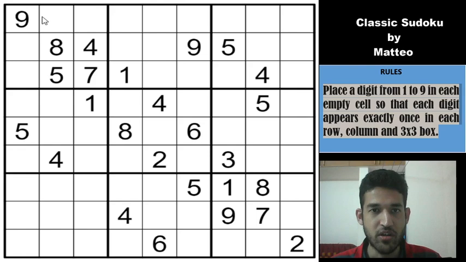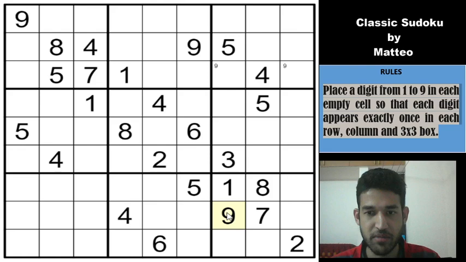So there is a 9 in row 1 and row 2, which means that 9 must be in one of these cells, but 9 is in column 7. So that gives a 9 here, and which means that 9 must be in one of these cells. Okay, no more 9s to help.